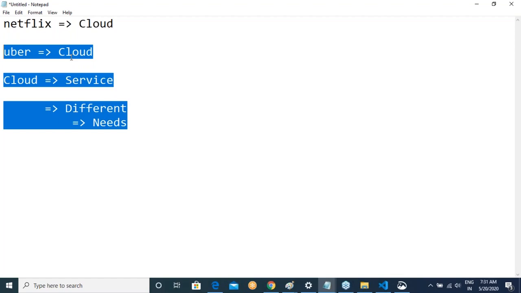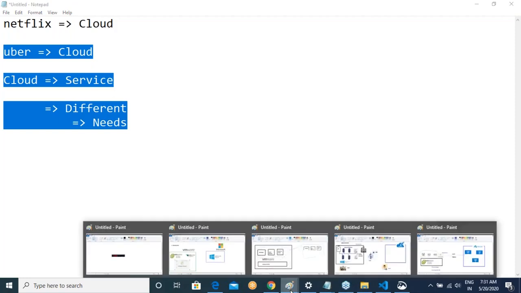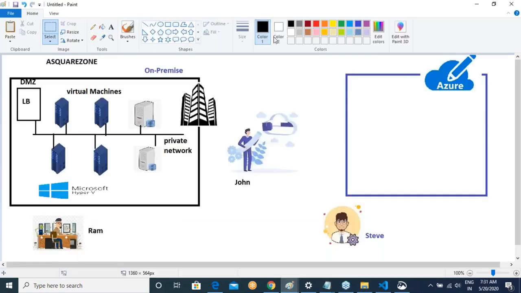Can you please list the types of migration in general? We'll be doing that, Arvind. If you remember, we have not covered what John has to understand. John has to know about the 6 R's of migration and the cloud adoption framework. And when we speak about it, we will be getting into that.